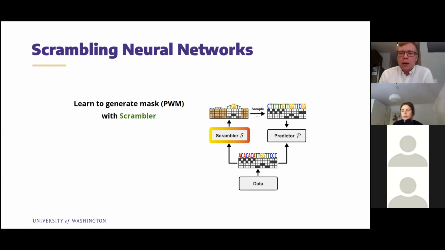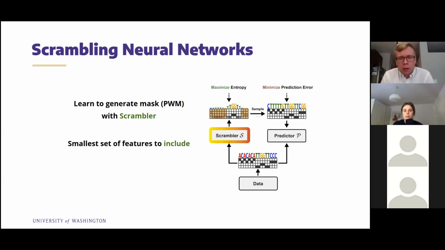And we then compare the predictions on these samples to the original prediction of the sequence. The goal here is to train the scrambler to generate a PWM such that only the smallest set of features are kept with high conservation, such that samples from that PWM reconstruct the original prediction. This small set of features in the PWM should correspond to the smallest set of features that allows us to maintain our predictive accuracy.